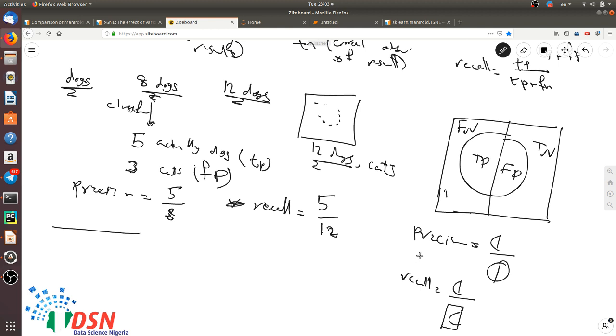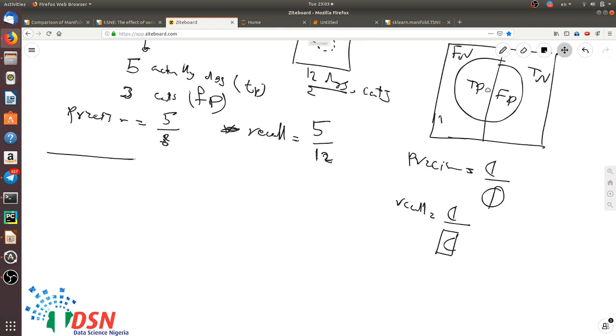Okay, so these two metrics are really important for your classifier, and there is some kind of trade-off between these two metrics. To combine these two metrics we have another metric called F1 score, and it is defined as 1 over 1/precision plus 1/recall. In the best case your classifier has an F1 score of 1, because in that case your precision is 1 and your recall is 1, and 1/1